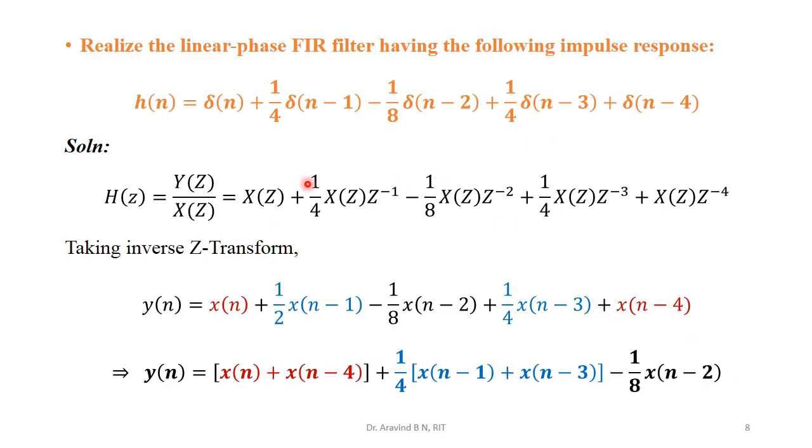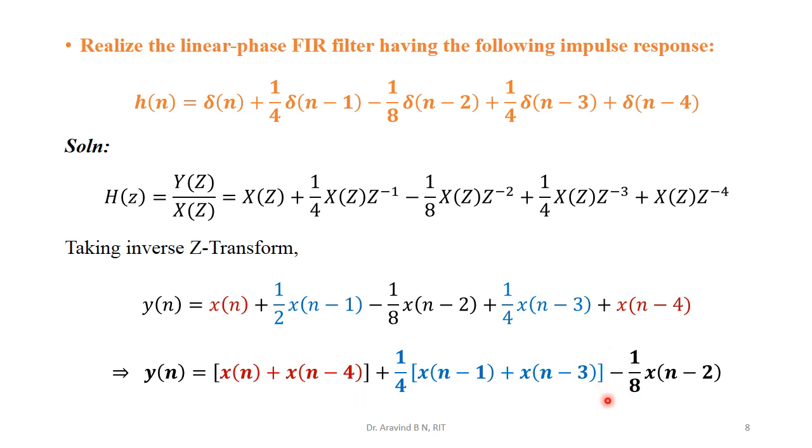Okay, let us go through one more problem that is related to the linear phase realization. Almost the same problem. Anyway, let us go through the statement. Realize the linear phase FIR filter having the following impulse response. h of n, the representation is given. The only change we are going to observe here is the sign value of the midpoint. Otherwise the solution remains the same. Therefore, I'm not going to explain the solution procedure, only the sign is going to vary.